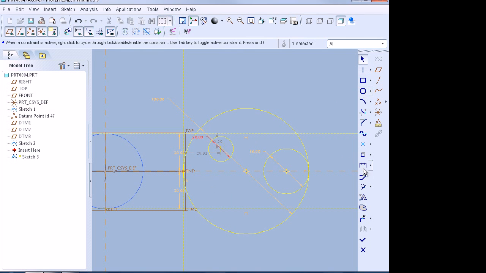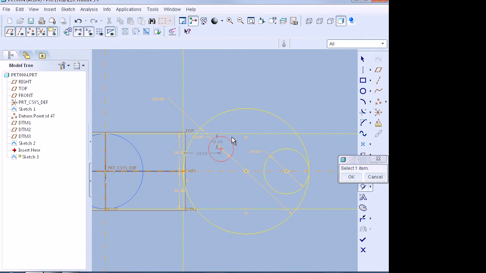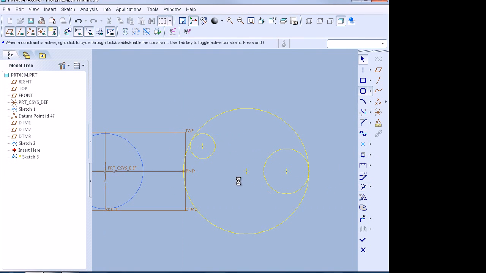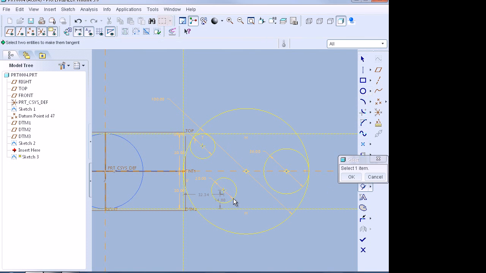Now use the tangent constraint and make it tangent to the center line as well as to the bigger circle. Now draw the same circle below the small circle like this, 20 mm dia, and make it tangent to the center line as well as to the bigger circle.